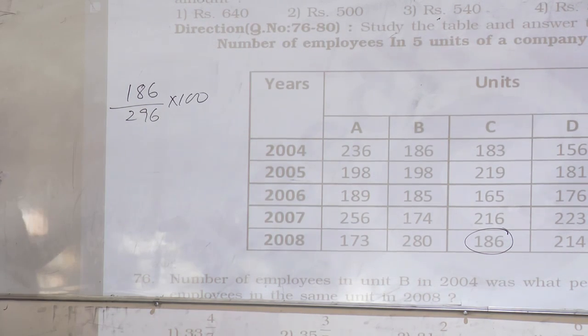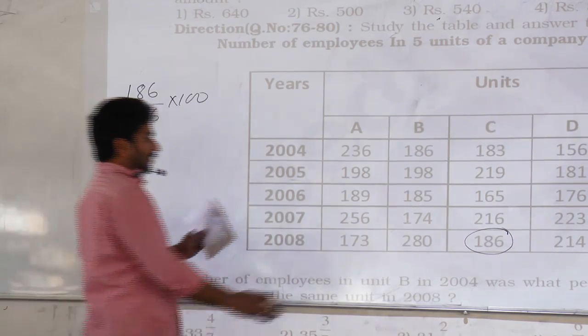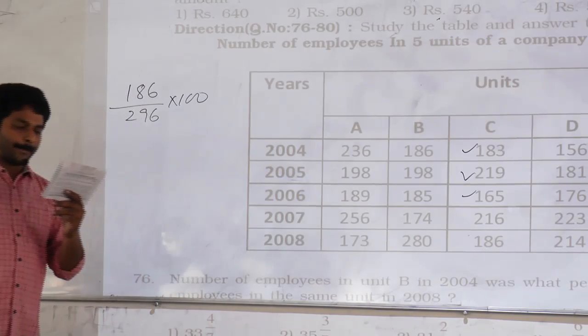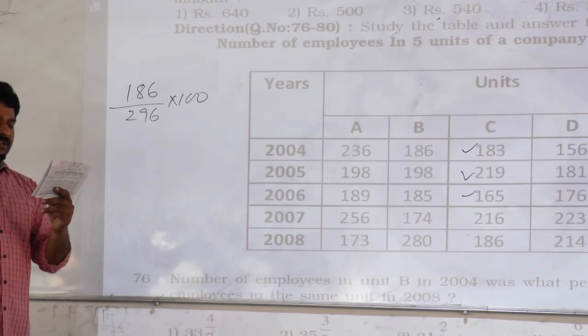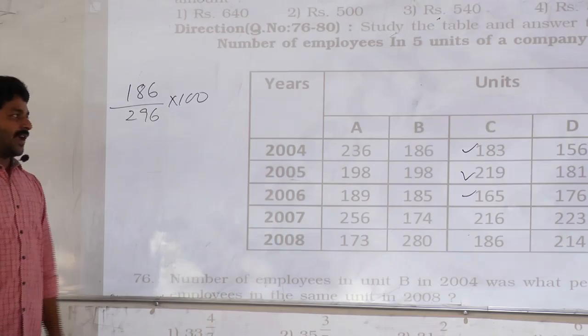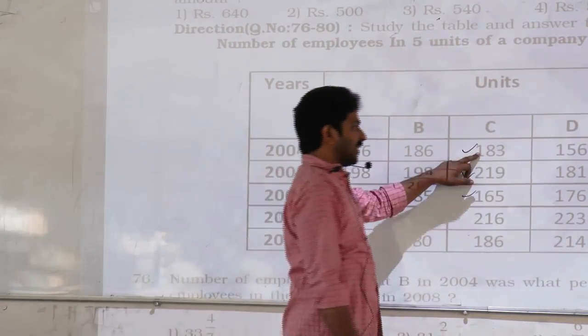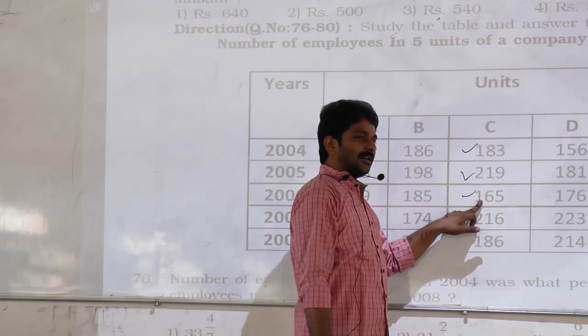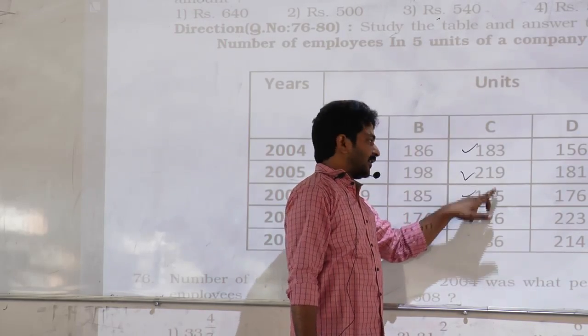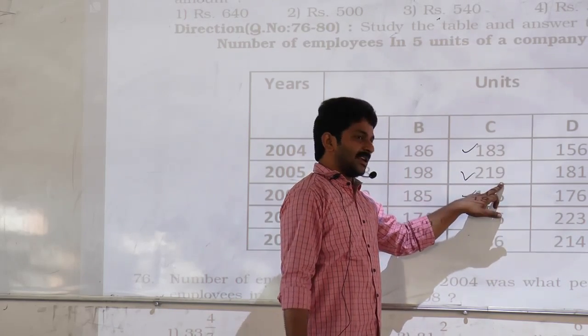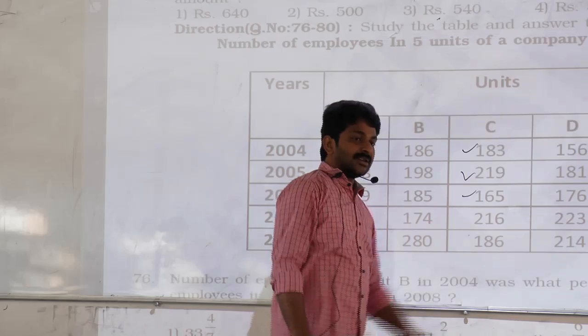Next, what is the respective ratio between total number of employees in unit C during 2004-56, these three, and the total number of employees in E during the same years? It asked about ratio. Now, let's add hundreds places. 100, 300, 400, 80, 10, 90, 90, 60, 150, total 550. 3 plus 9, 12. 12 plus 5, 17. Total